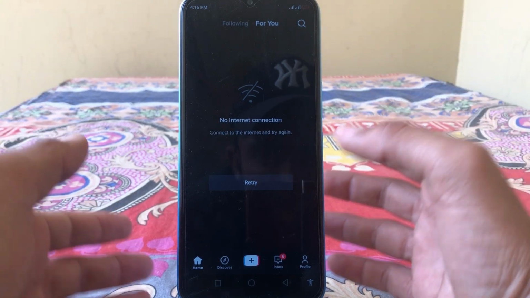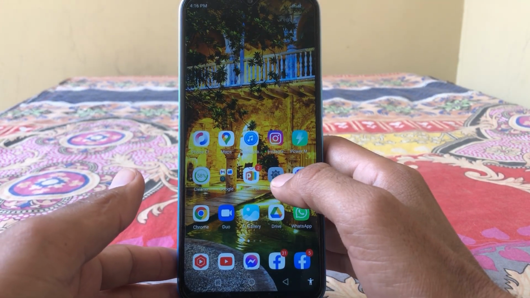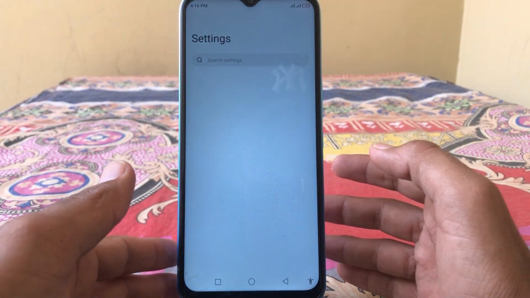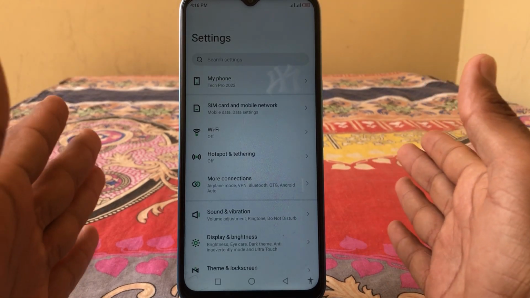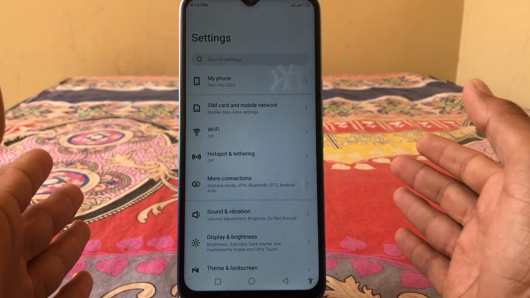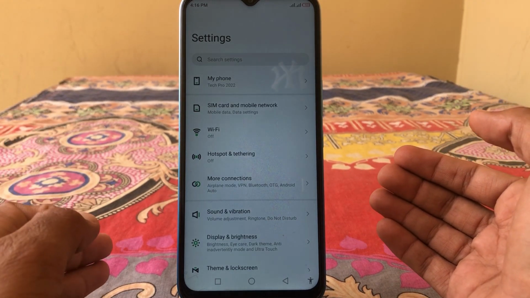First of all guys, what you have to do is just simply go back to your home screen, and then open settings in your phone. And let me tell you that when you are not connected to internet, you will face this type of problem. If you're connected to internet and then you're facing this type of problem, then what you have to do is